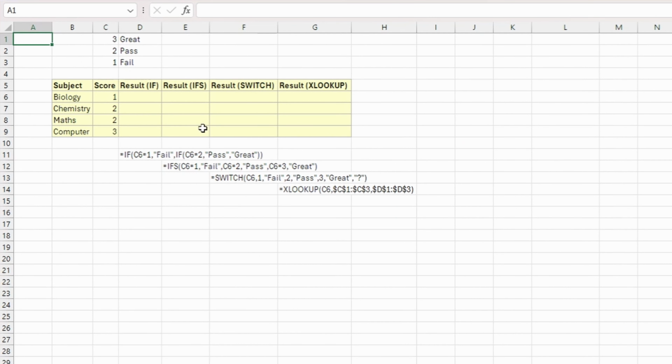Let's dive in. Example 1 shows you a score in each subject along with the results, which will be either fail, pass or great based on numbers 1, 2 or 3. Let's start with a simple if formula. We'll go for if C6 is 1,